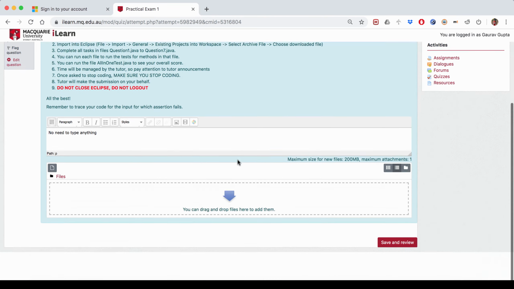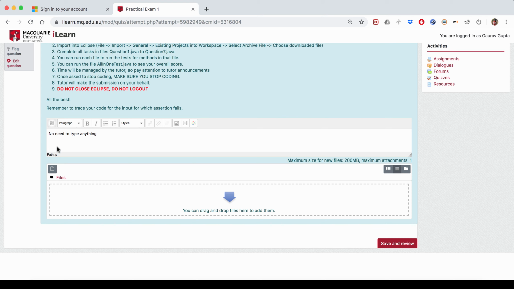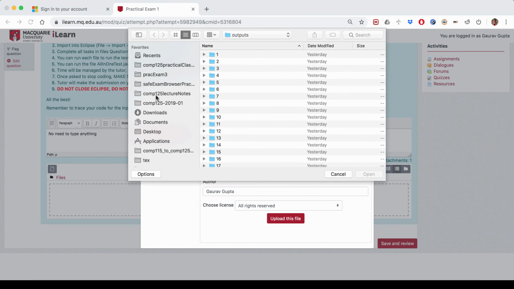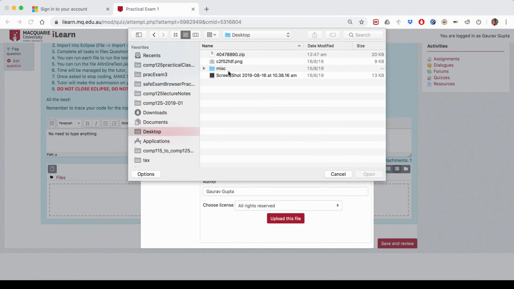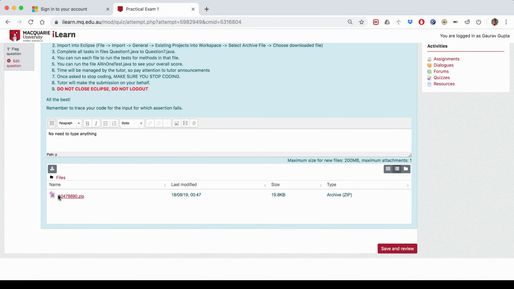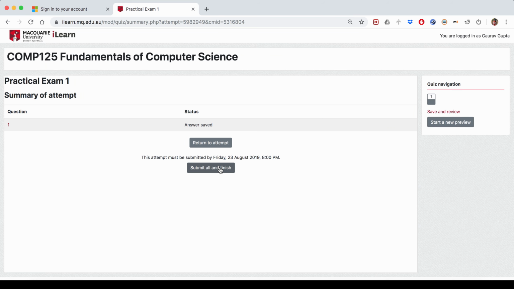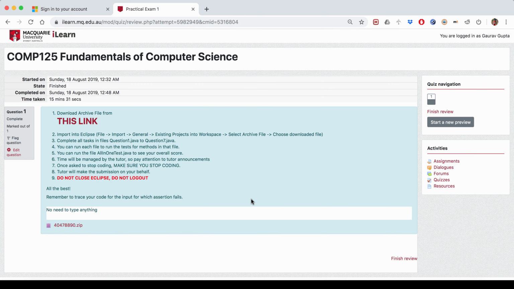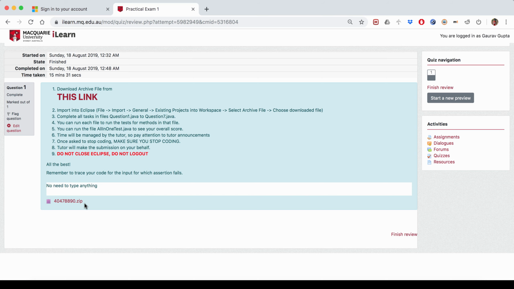You can then go on iLearn and you have this icon for file picker. Click on file picker, choose file, go to the directory where the file is. In your case, it should be in downloads. Choose the file, upload this file. It will upload it, save and review, submit all and finish, and confirm once more, submit all and finish. Once you see this file is here,